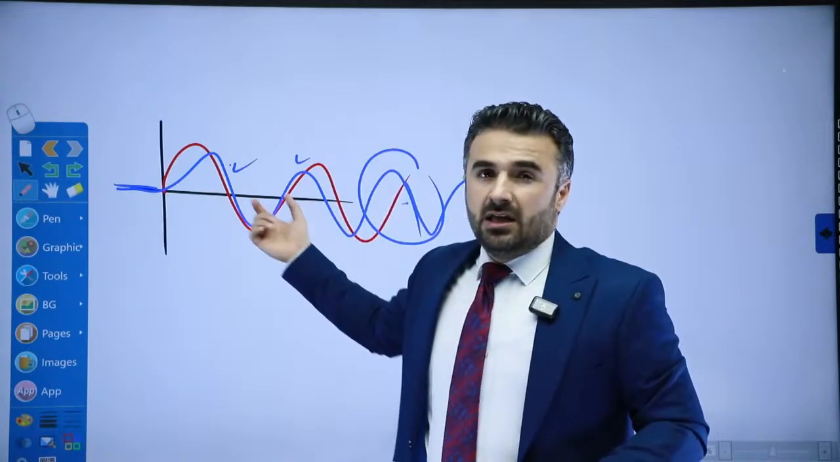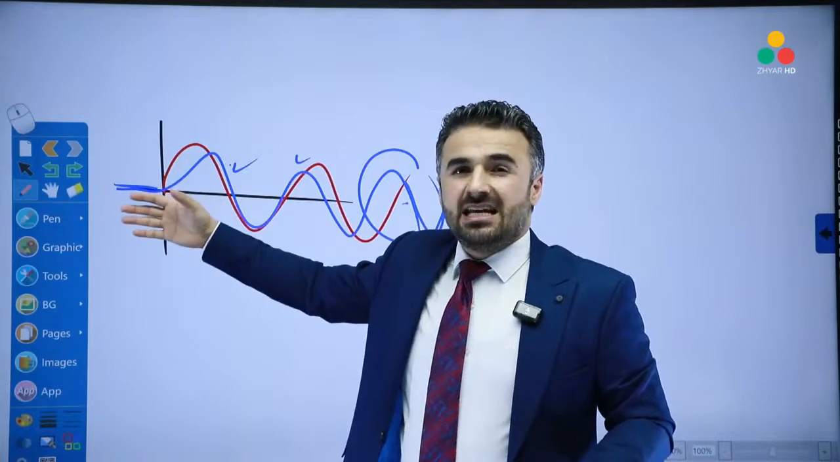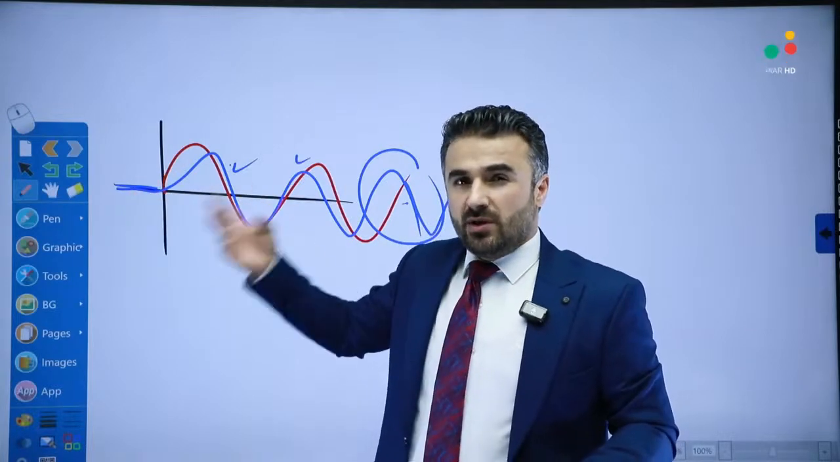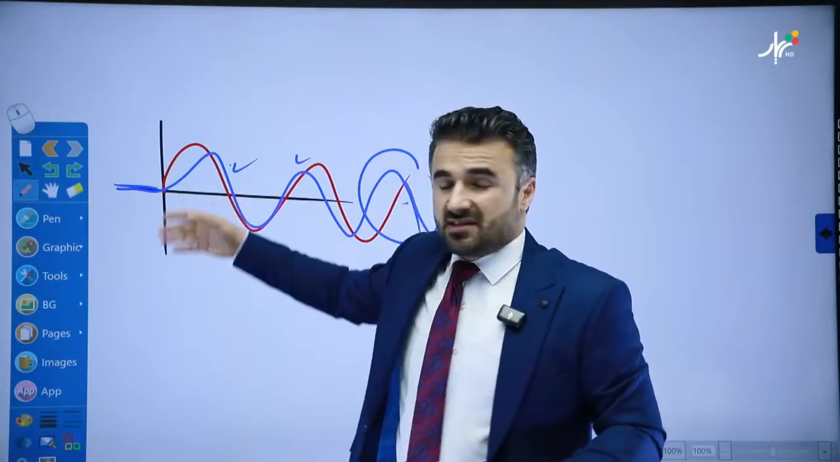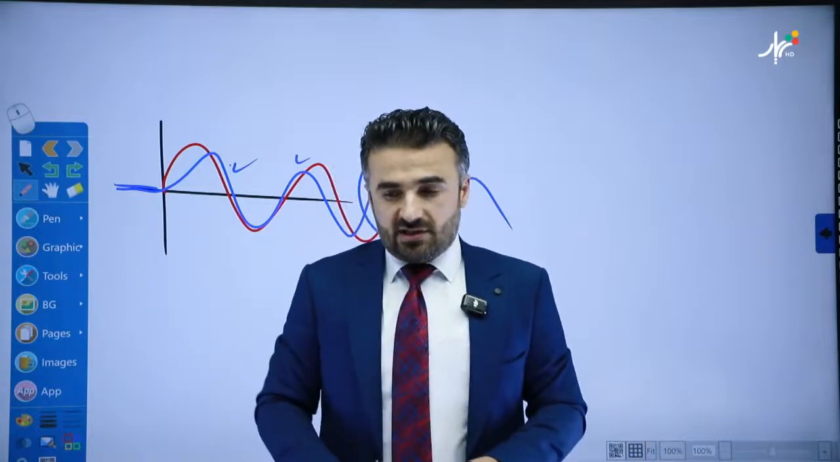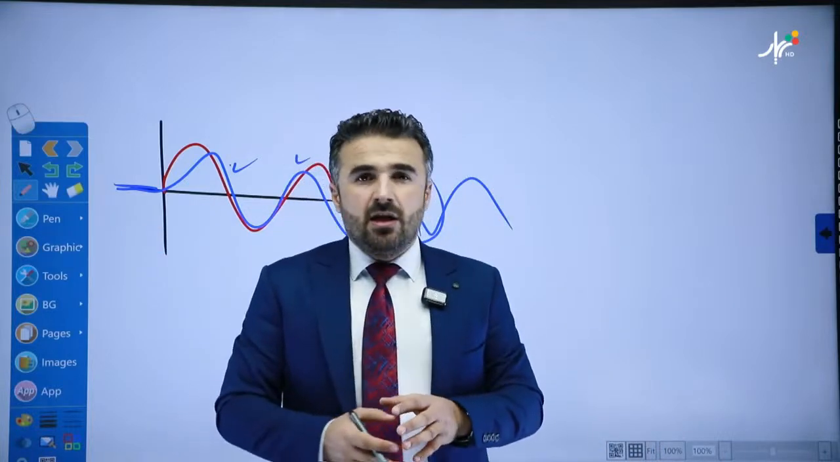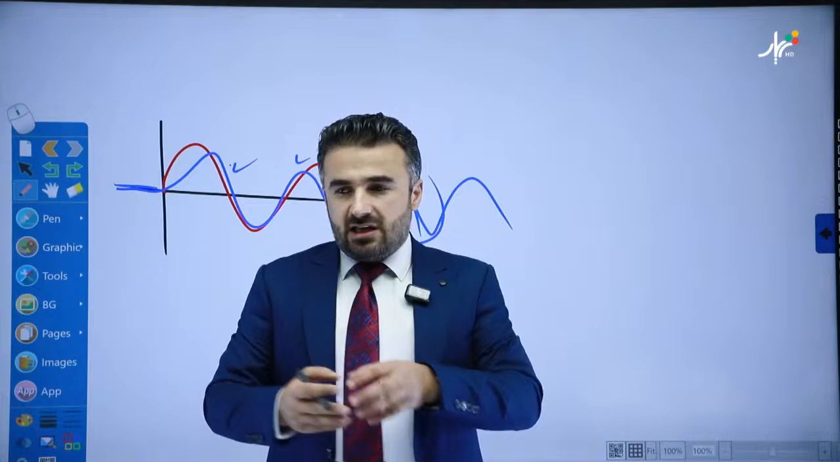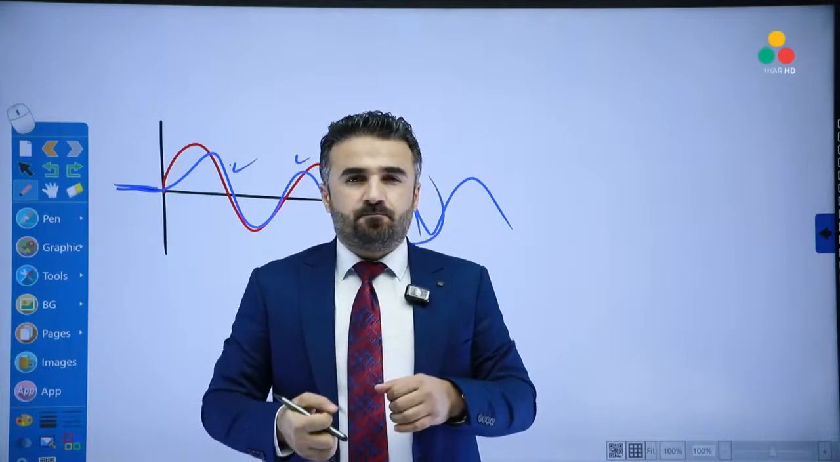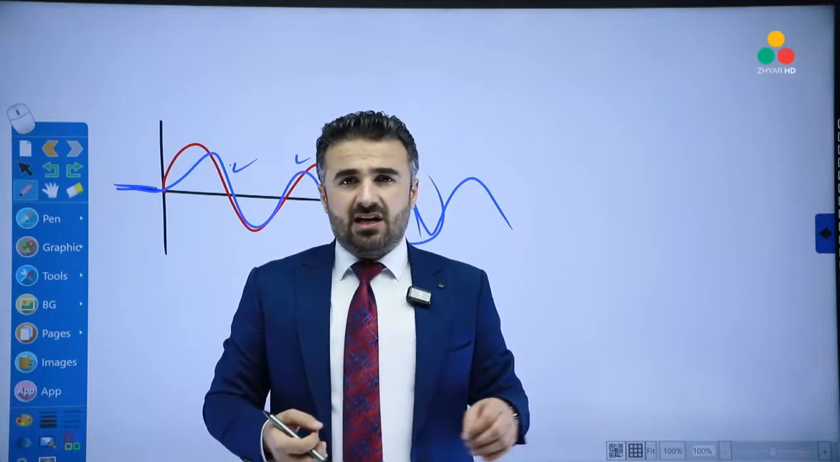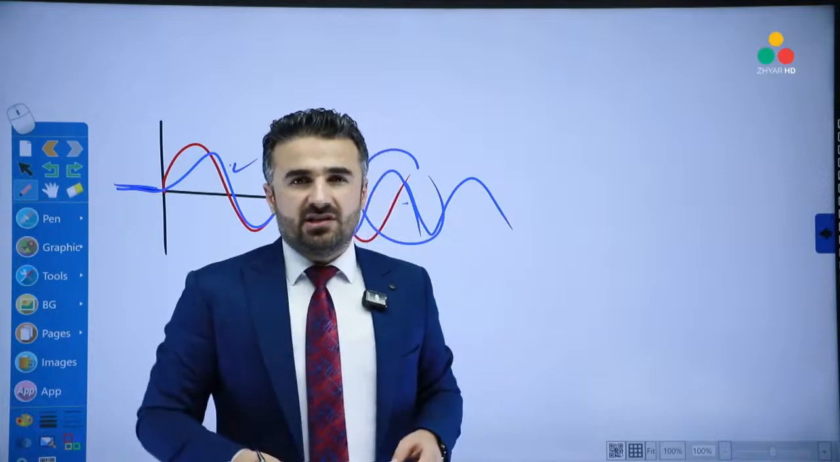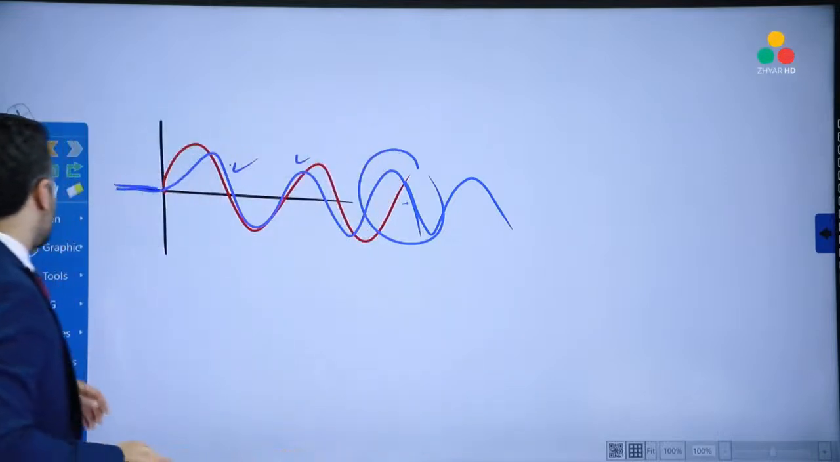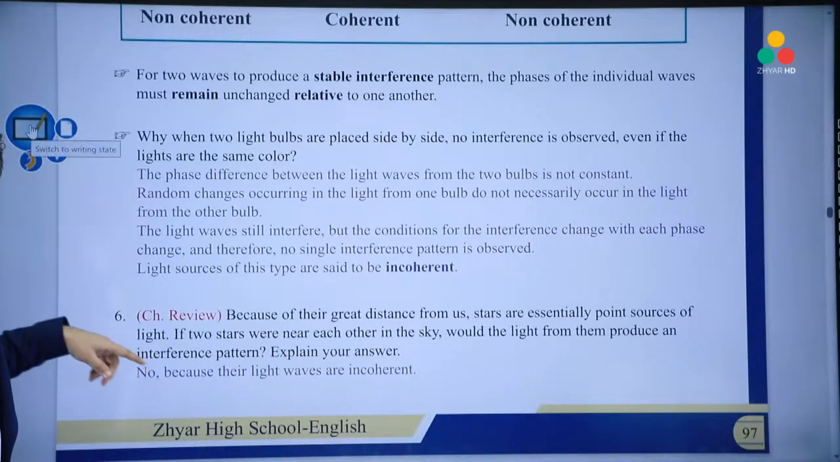So this is why you don't see a stable interference between these two light bulbs, even though they have the same color, let's say, or the same frequency. The reason is that the two waves are not in phase or out of phase along the way. So when this happens, we say the two waves are not coherent because they don't keep